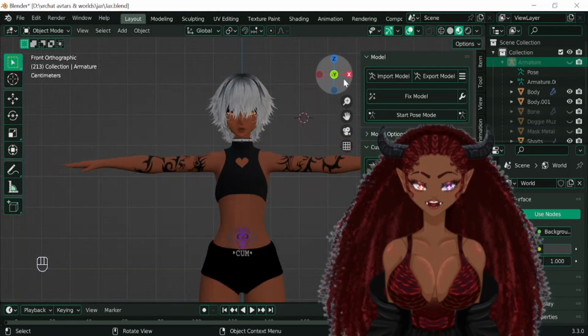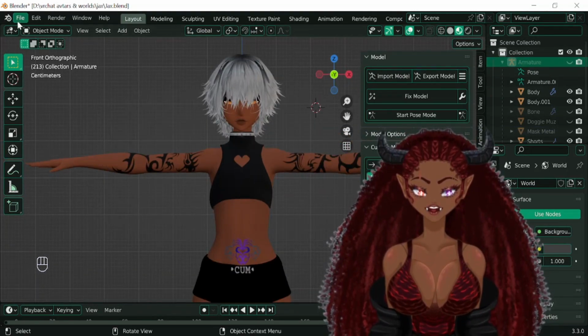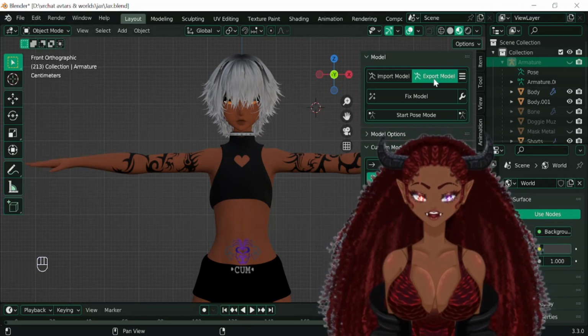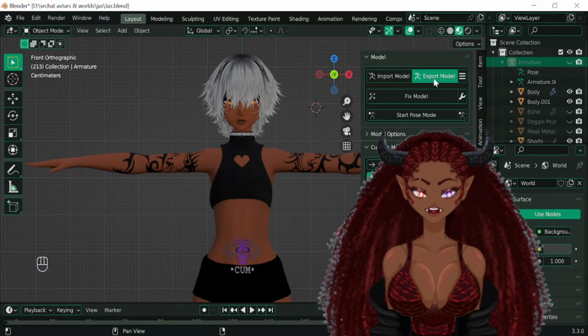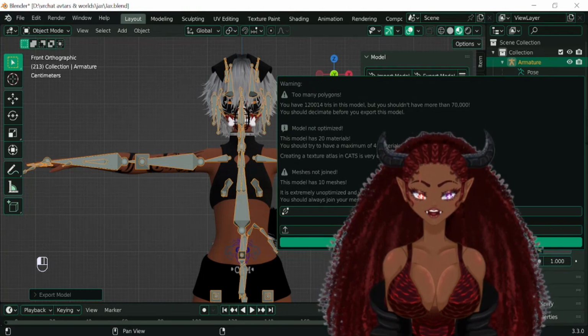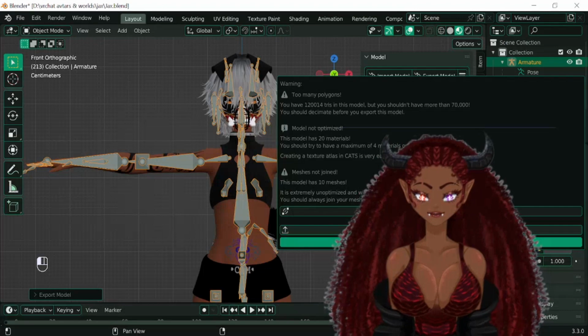Now, how I'm gonna export him is with this one. You can go up to the file and export him, but I'm not doing all that. So let's export him. A thing is gonna come up saying there are too many polys. You can join all the meshes and make them one if you don't have toggles, but I'm gonna have toggles, so I'm not gonna do that. I'm just gonna continue